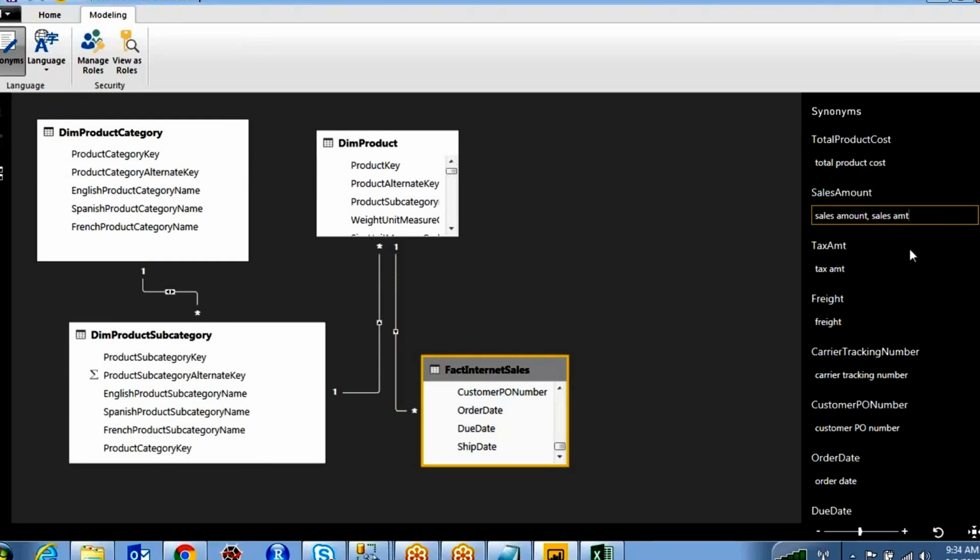The advantage of these synonyms is for natural query processing in the Power BI service. When you type a question, like what is the sales amount, it will automatically display some reports in the Power BI service. No, sir, I haven't seen it. I only used connections like SQL Server or Excel. I haven't used natural query yet.